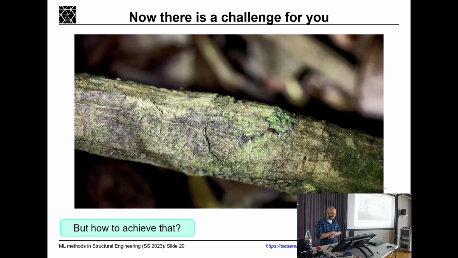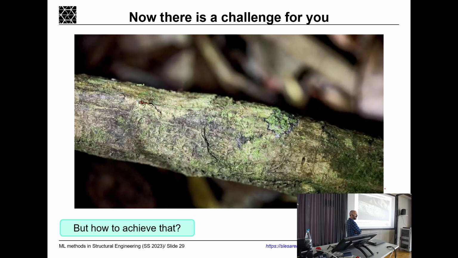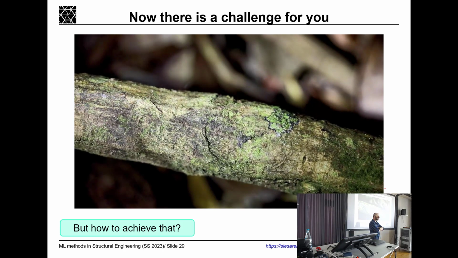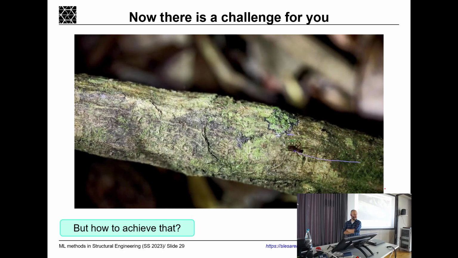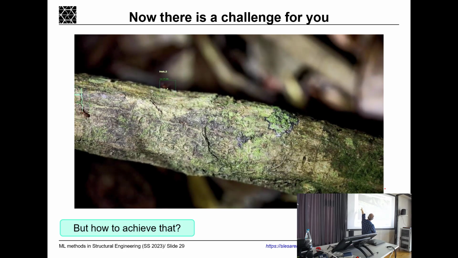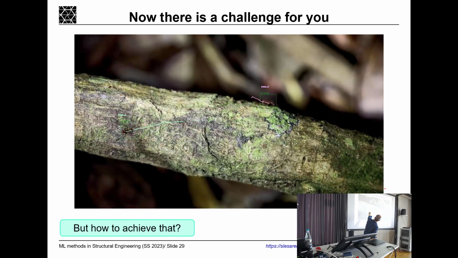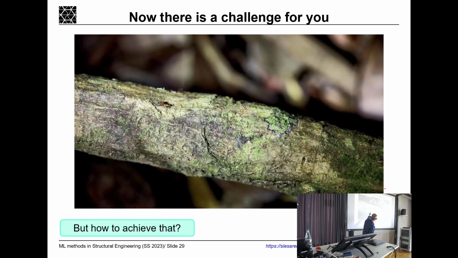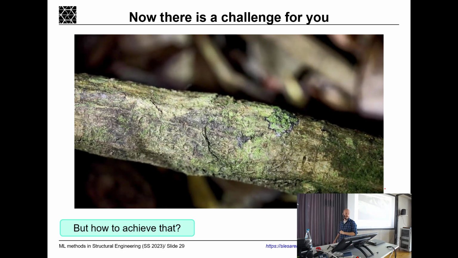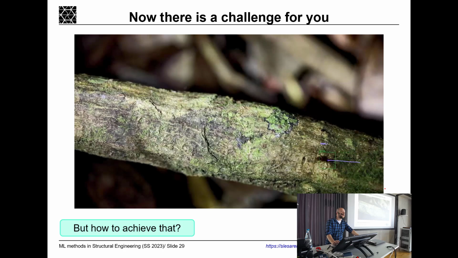But what they wanted to do is much more complicated. They wanted to track the ants in real three-dimensional space in a forest. This is an example with a tree branch, and you see ants moving there. Now your conditions are very hard to control because you have depth, different colors, and textures, and it's still very nice to recognize and follow these ants in 3D on this branch. And my question to you would be,